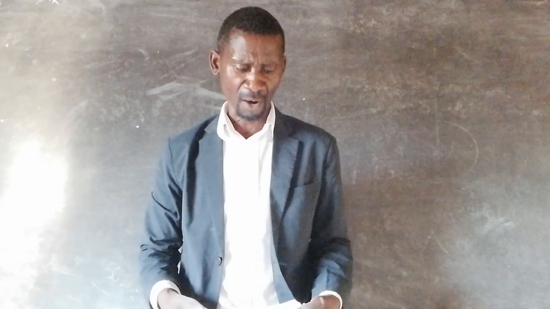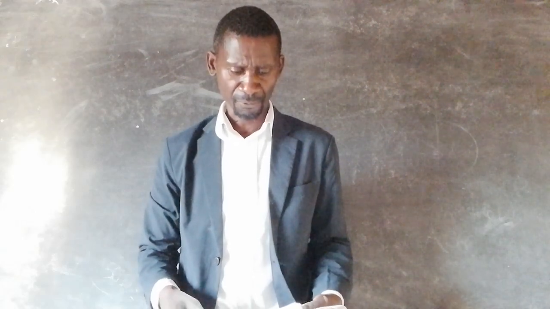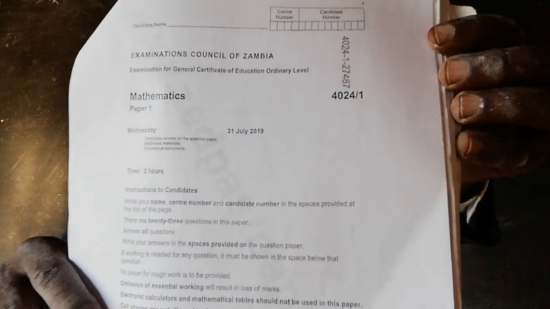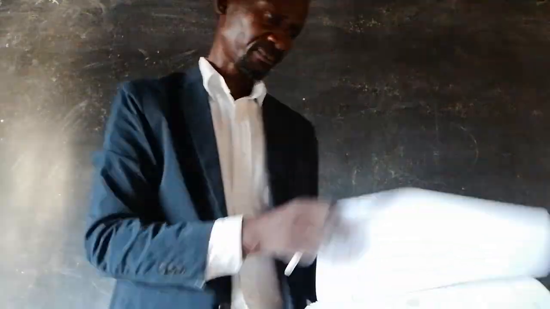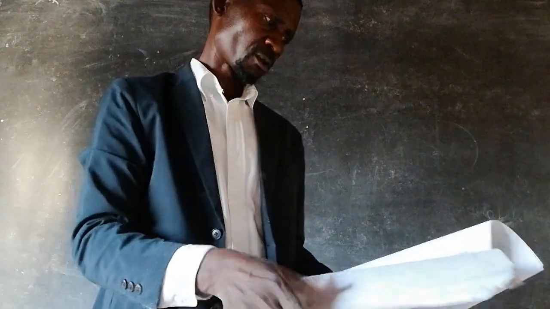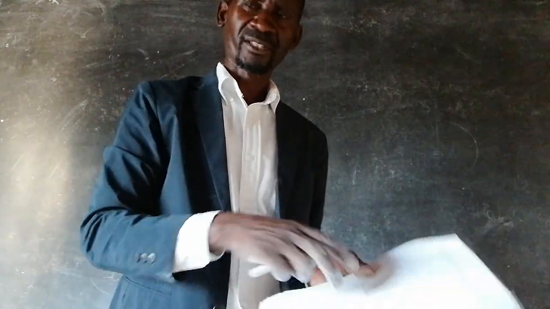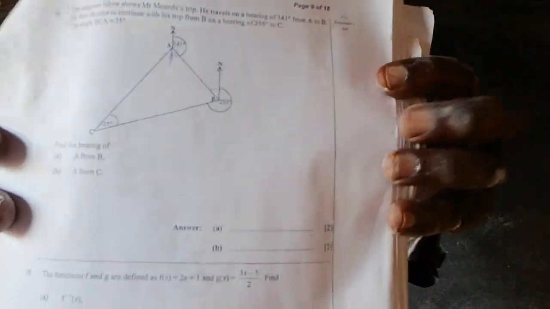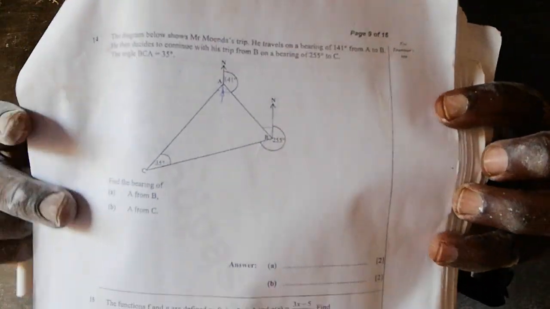So this one is paper 1 for GC 2019 July. So if you can look at that paper, this is 2019. From the 2019 paper, we are going to search for the question which was examined under bearing. So yes, there it is. It came as question 14. So if you look at question 14, that was the question under